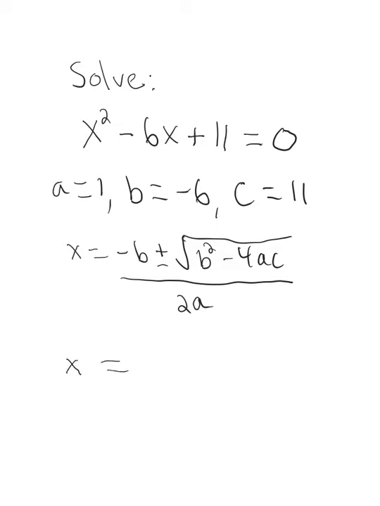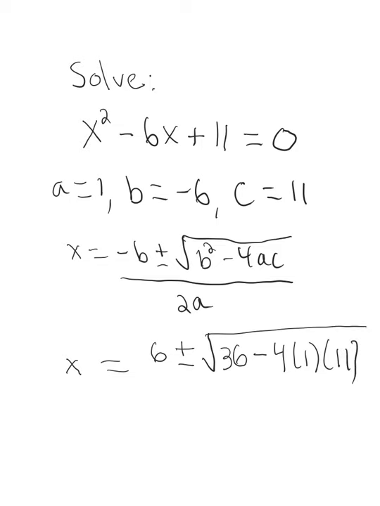x equals -b, which is going to be the negative of -6, which is a positive 6. So that's 6 plus or minus the square root of b squared, that's -6 squared, which is 36, minus 4, a is 1, and c is 11, all over 2a, that's 2 times 1, which is 2. Now,